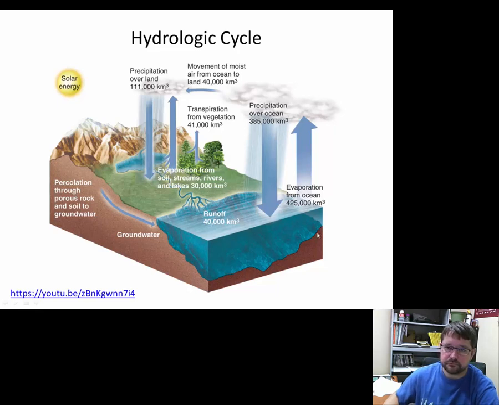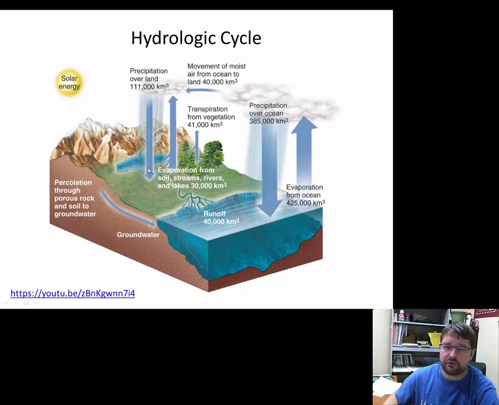425,000. And most of that is coming back to the ocean through precipitation over the ocean. So a huge amount of water is just recycled through this evaporation and precipitation over the ocean atmosphere. Some of it makes it to the terrestrial environment, and can be precipitated over the terrestrial environment, and then